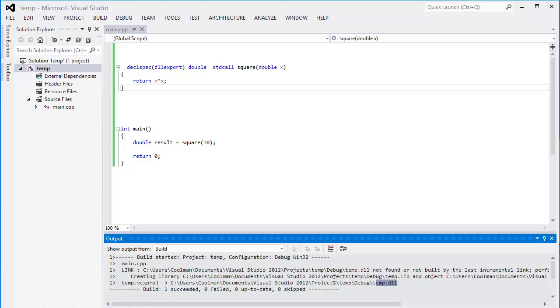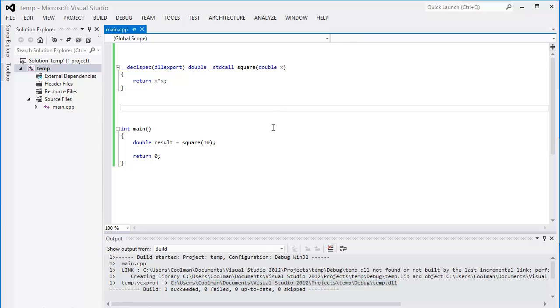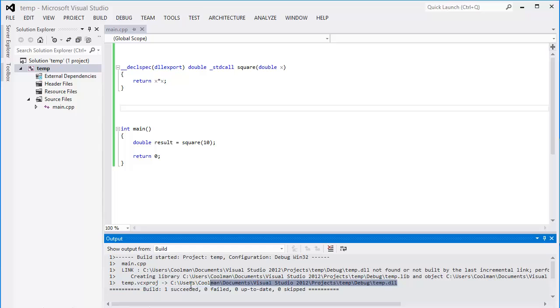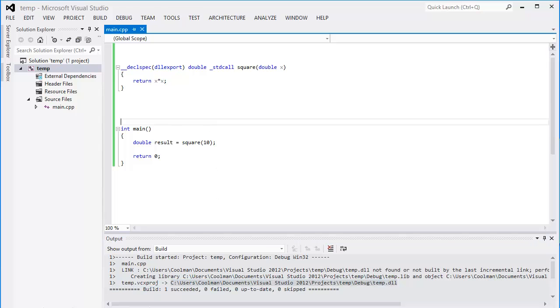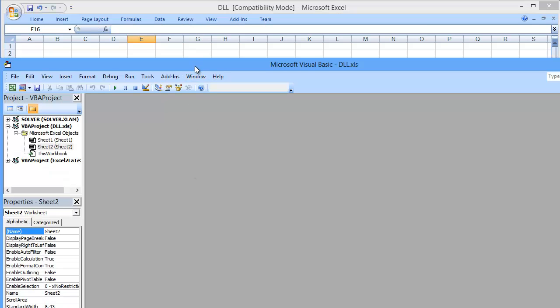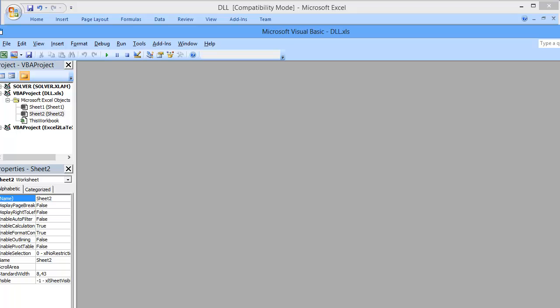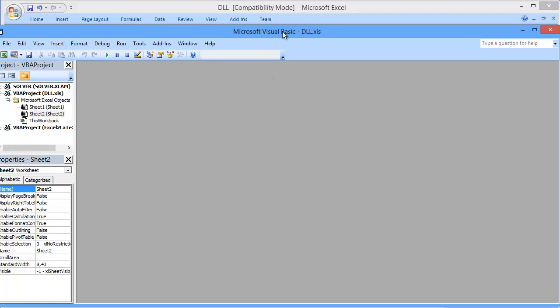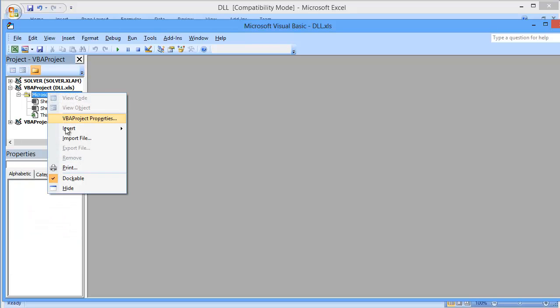Okay, and if you build it right now, you'll have this DLL. So copy the path of the DLL, and let's test the function within Excel. In here I just put Rx, and let's go to Visual Studio VBA. Add a new module,